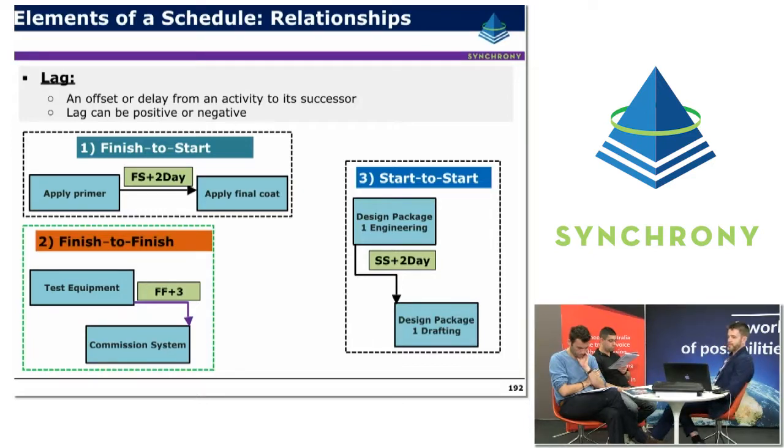A finish to finish type relationship with a lag. So this might exist in a commissioning of equipment versus a system, or it might exist in a design package for completion of design prior to completion of drawings, where you know the drawings can't be completed until the design is finished, and you allow a 3-day period or something like that for the drawings to be closed out or updated. A start to start is another type of relationship. That might be, once again in design phase, that the engineering needs to kick off and get to some level before the drafting of a particular design package might commence.